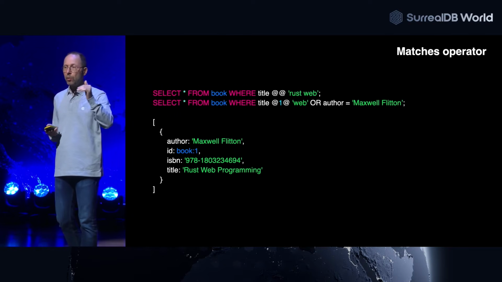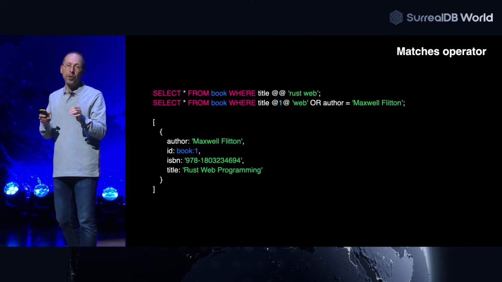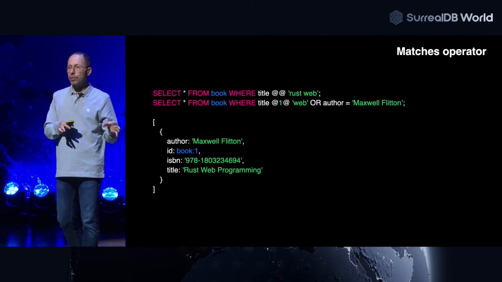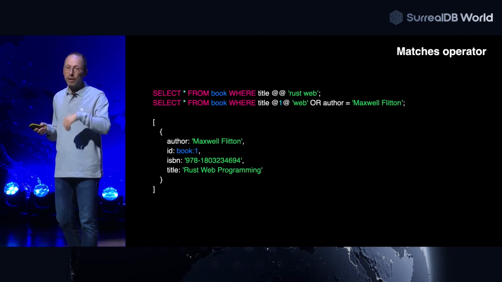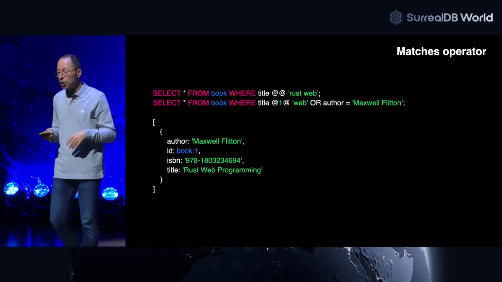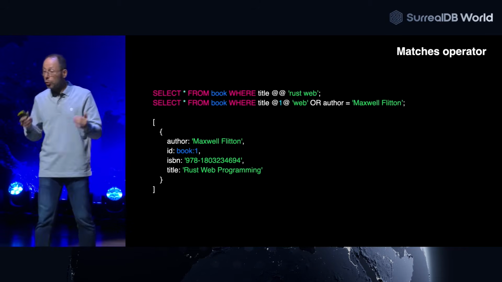If you want to make more complex Boolean queries, you can mix them together and split the terms yourself and put OR or AND. Because the beauty of the thing is that this operator is just an operator like any other. So you can put together any other predicate in SurrealQL, right? With equal, minus, I don't know, range, starts with. There are many different operators that can be mixed together.